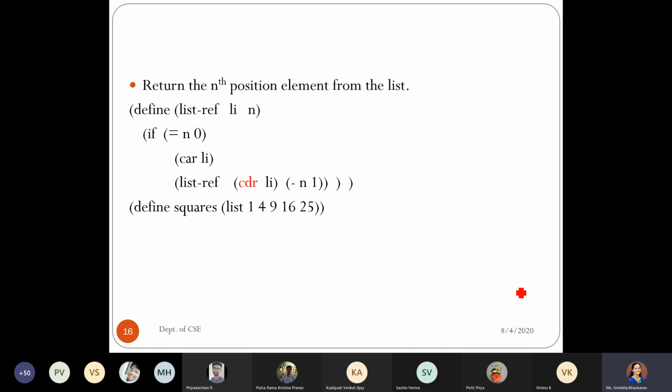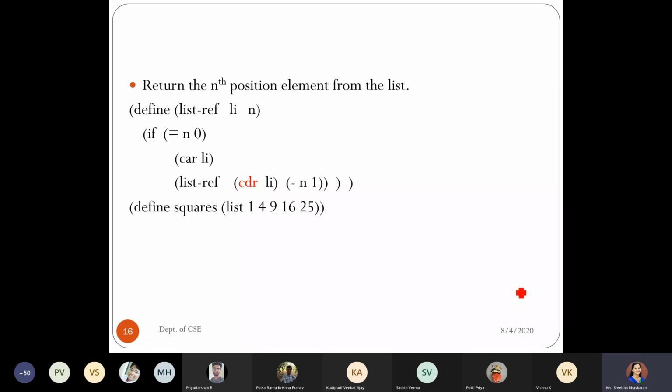So just took one example where define squares. I have defined a procedure variable square which is having the value list 1, 4, 9, 16 and 25. So I have 5 elements, 5 contents which are nothing but squares of each number.